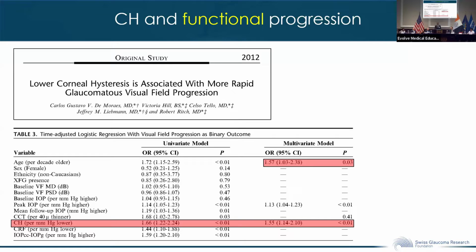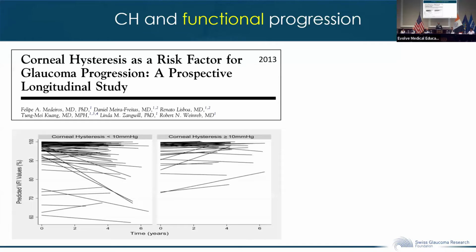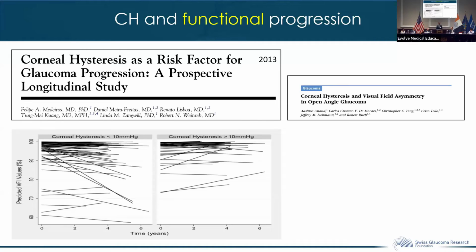The problem with the findings was that, contrary to IOP, which we can treat and modify, we cannot treat age, of course, and we cannot yet treat corneal hysteresis in order to prevent progression from happening. Association also with